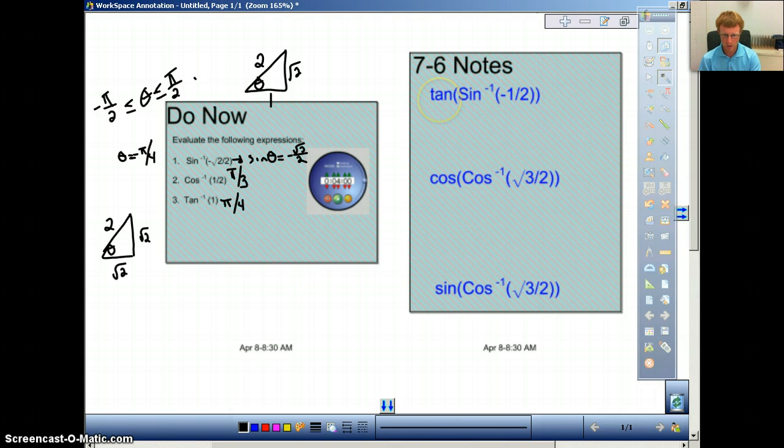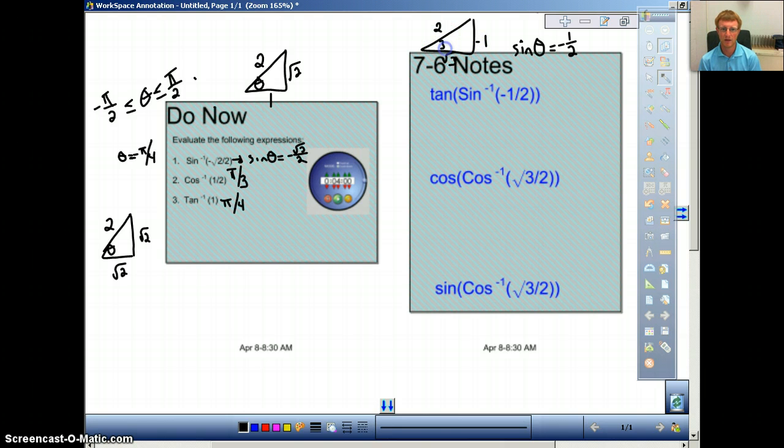Okay, so now let's finish up with these ones. We just want to go over a couple of different examples here. We have the tangent of inverse sine of negative 1/2. So again, the idea here is we know how to find this now. We do the inverse sine of negative 1/2, which means we're looking for the sine of theta equals negative 1/2. Well, negative 1/2, if we draw our triangle, is going to be 1 over 2,